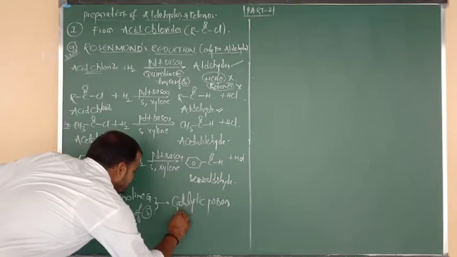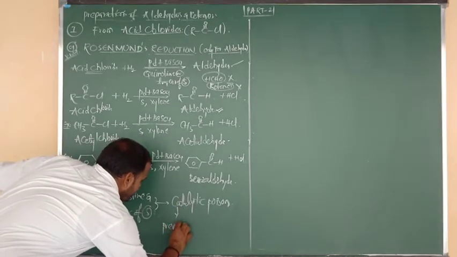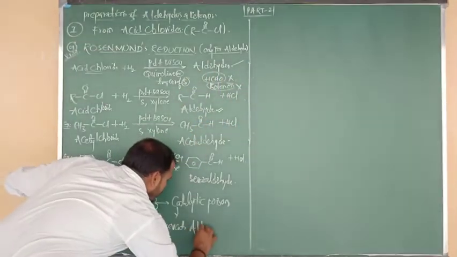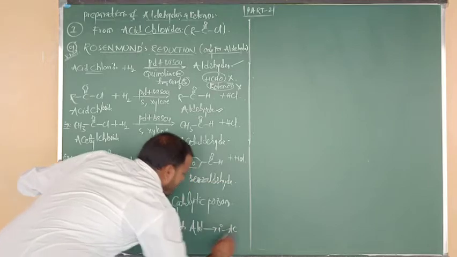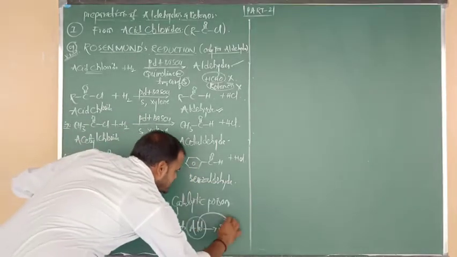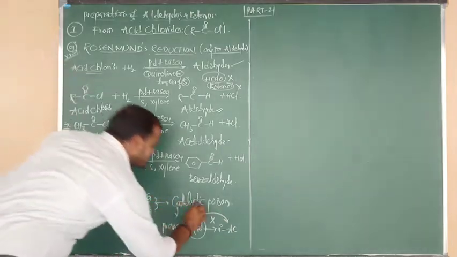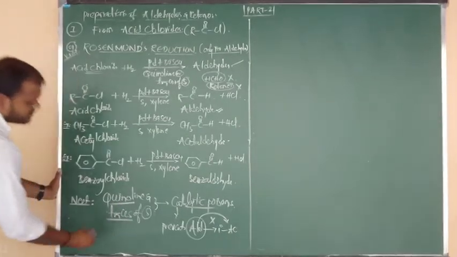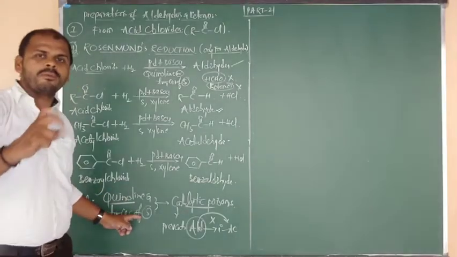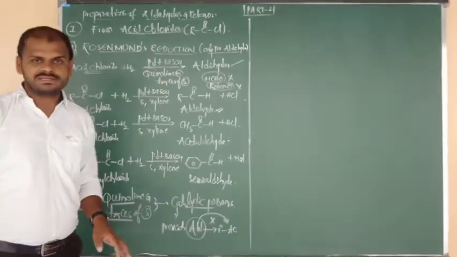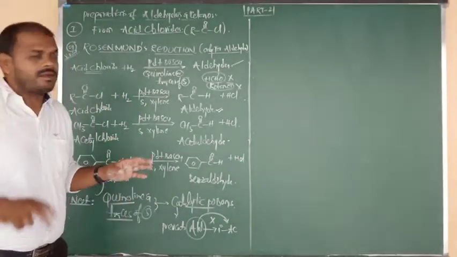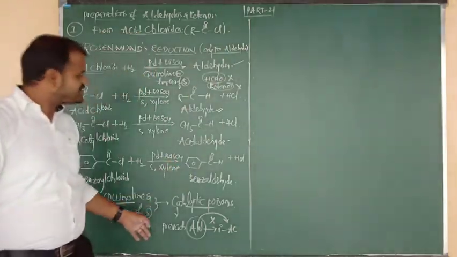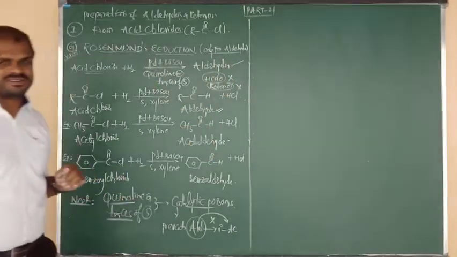Which prevents aldehydes from converting into primary alcohols. Aldehydes cannot be reduced into what, beta? Primary alcohols, after addition of catalytic poisons. What are the catalytic poisons? One is quinoline, one more is traces of sulfur. Due to addition of these two compounds, they act as catalytic poisons. They won't allow the conversion of aldehyde into any other primary alcoholic product. So they will stop the reaction here only, meaning aldehyde is the final product.